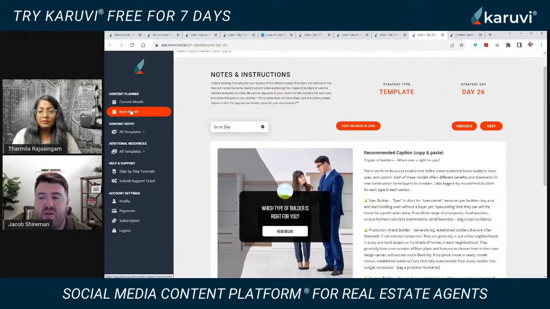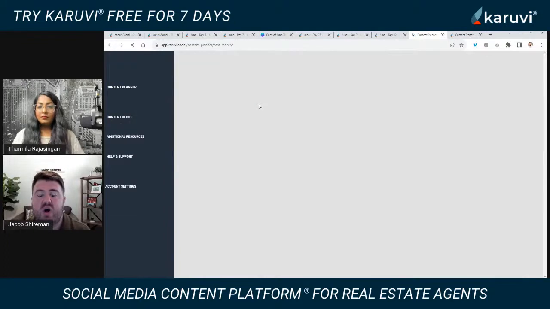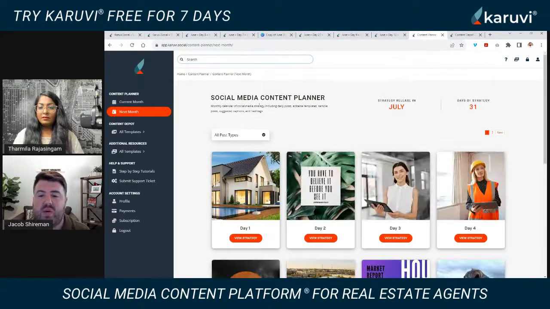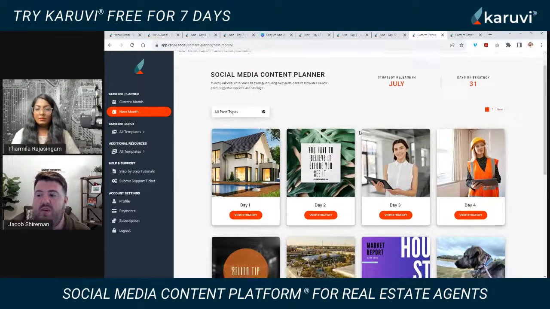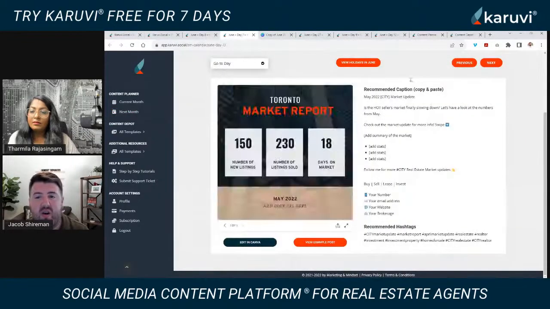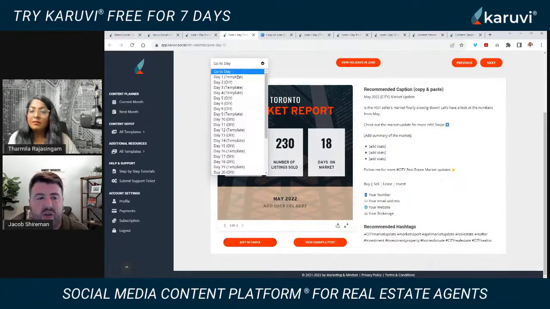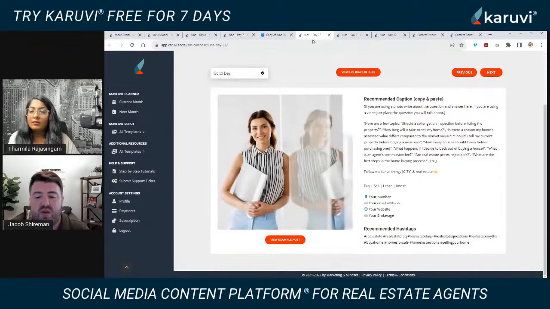And then every month you get access to the following month's content. So around the 20th of each month, we release the following month's content. That way, for those people that like to be ahead of the game, you can plan your content out for the month and see the strategy. And when you're inside of a day, you can always click and view the next day or jump to a specific day. So we're trying to really think about convenience in that.